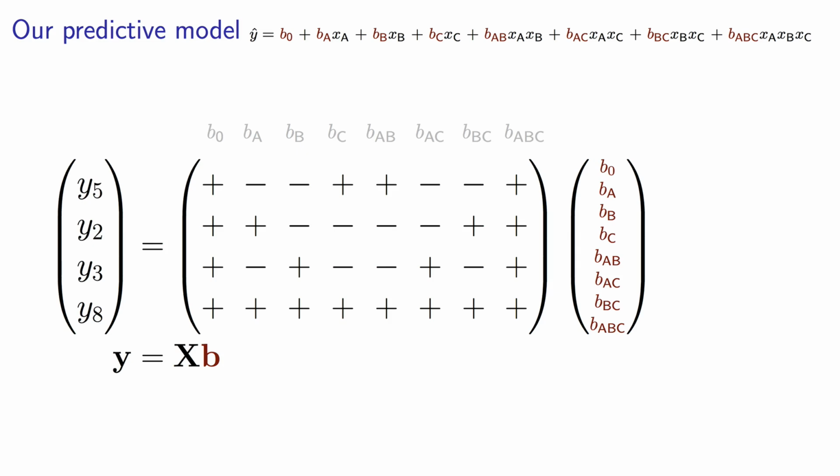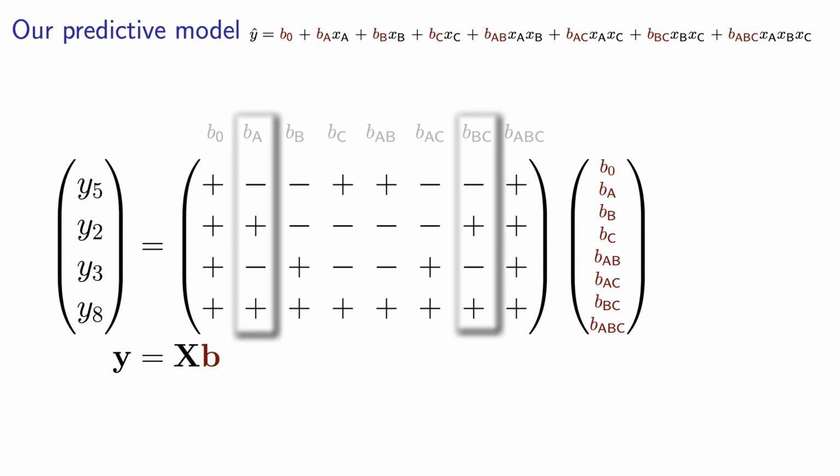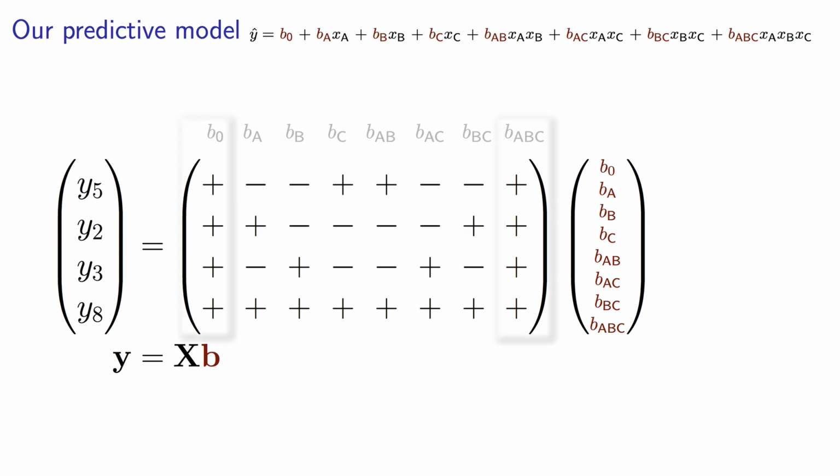Examine any patterns you notice in the 8 columns. Did you pick up on the similar columns in the matrix? For example, notice that the column AB matches the column for C, and that the B column has the same recurring pattern as the AC column: minus, minus, plus, plus. The BC column matches A, and finally the ABC column